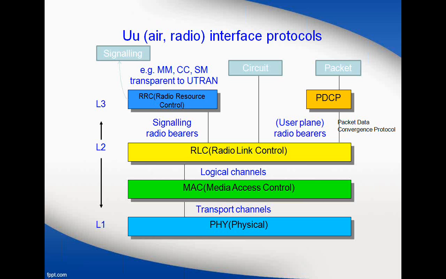Because obviously we have all the BTS under the control. When we say BTS, it is nothing but the home node Bs or node Bs in UMTS. So we have this RRC. This RRC is going to take care of the signaling. It is going to take care of the signaling for the radio bearers. So you have your mobility management, you have your connection management, you have your signaling management, everything which is transparent to the network through